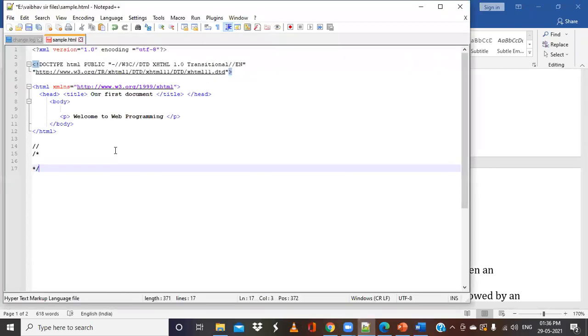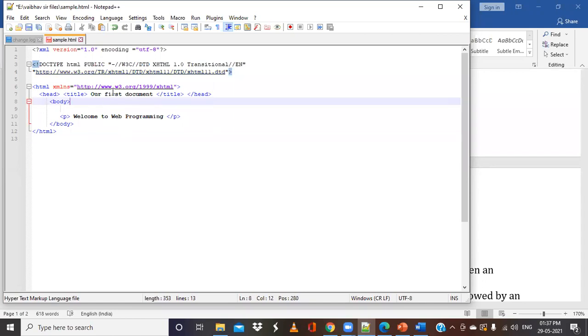Here we have written a simple program. What the version and doctype are, and other details, we will be discussing in the next class. Here it starts with HTML, the XML version and HTML. Then we have a head tag, and then the title tag. Basically this title tag is used for what should appear on our browser.